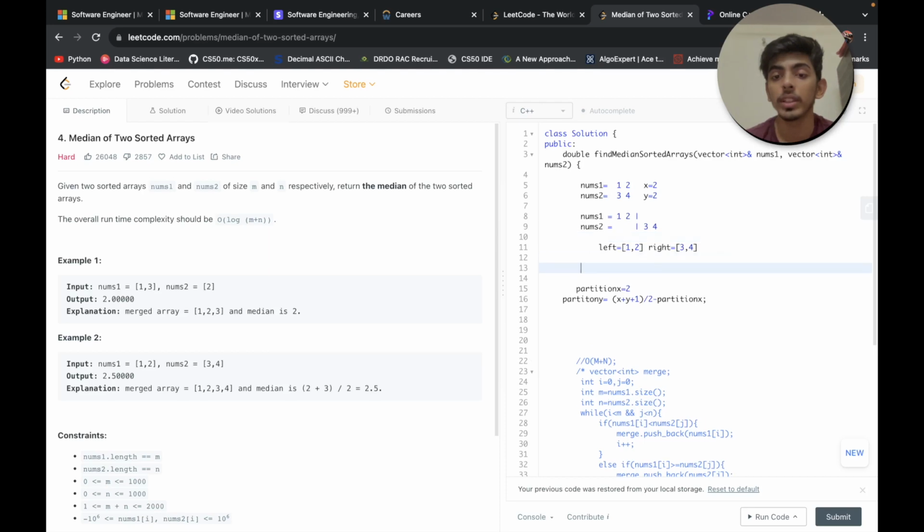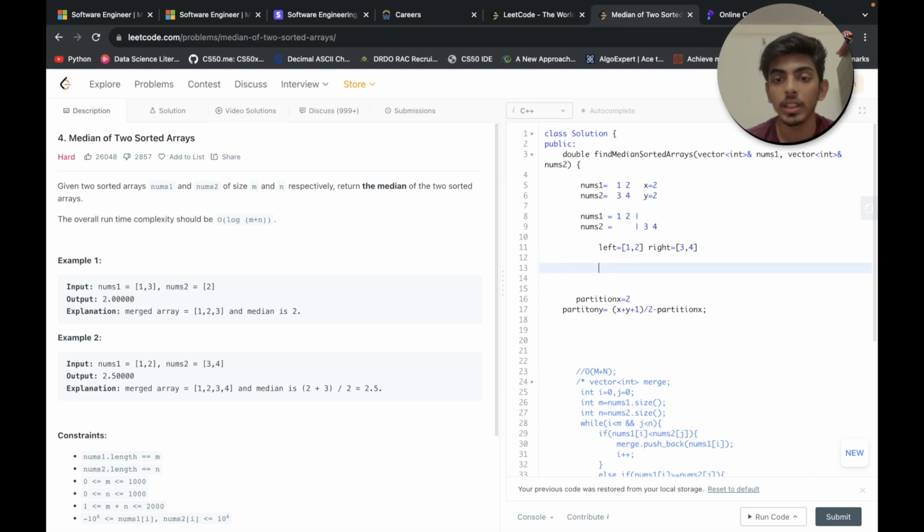So the condition is that the maximum on the left, let's say max of left x, must be lesser than or equal to minimum of right y, and the maximum of left y must be lesser than or equal to minimum of right x.